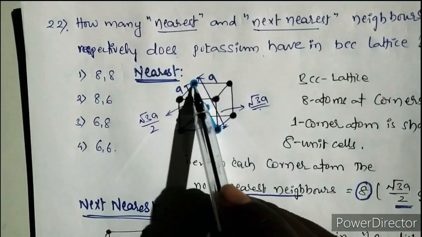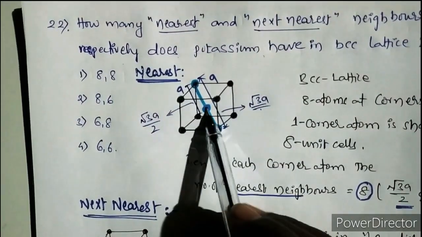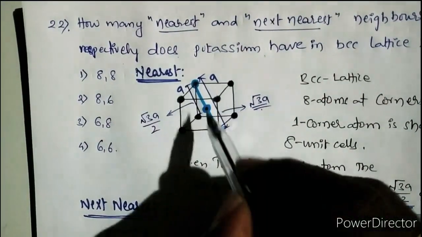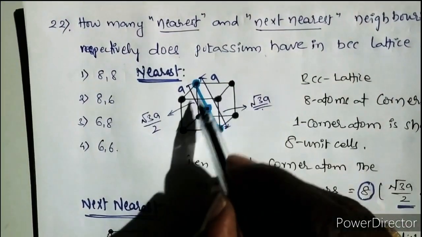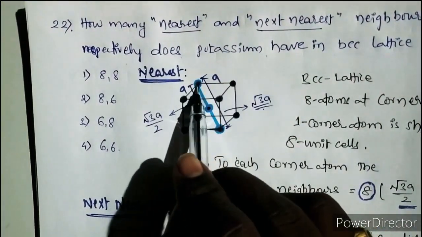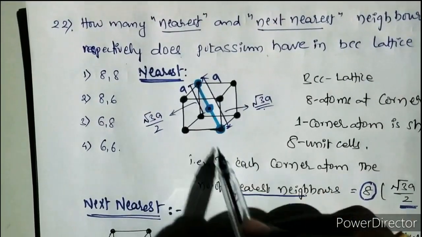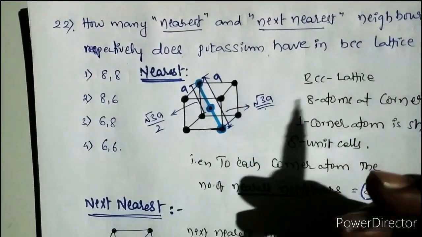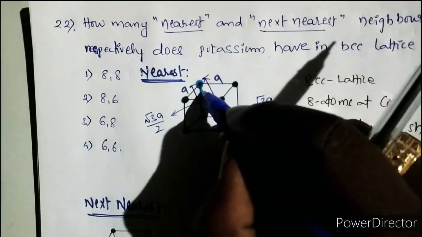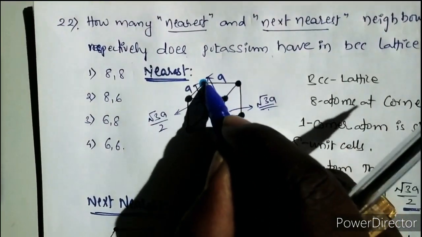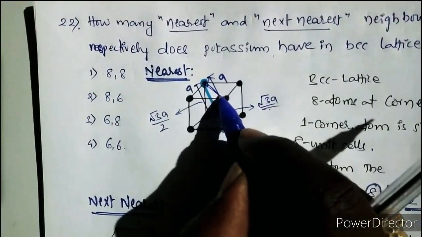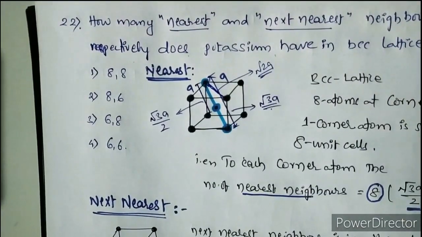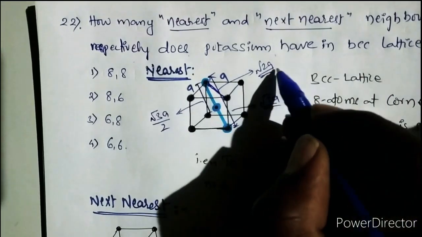Okay, in BCC atoms are present at 8 corners and 1 atom at the body center. So what is the first nearest atom? You have to find the distance from this. I am taking this atom as a standard one. From this I will compare the nearest and next nearest atoms. From here to here, what is the distance? Side length A. Now from here to here, what is the distance? It is A. This is also A. That means this will come as root 2A, isn't it? Root 2A. And this is called face diagonal, that is root 2A.